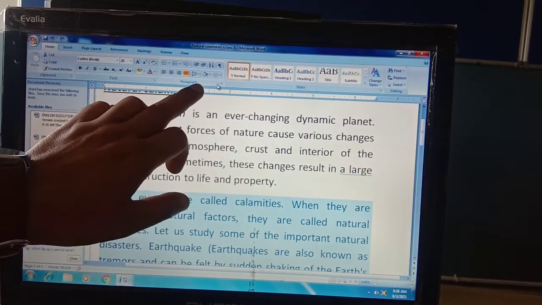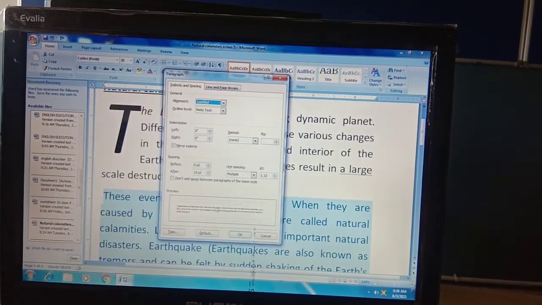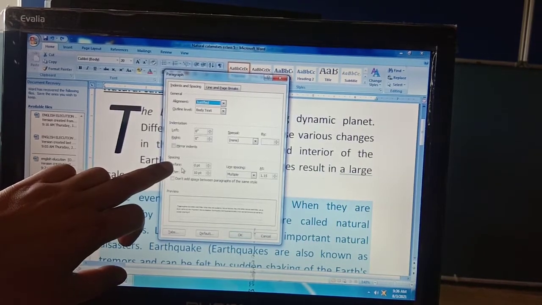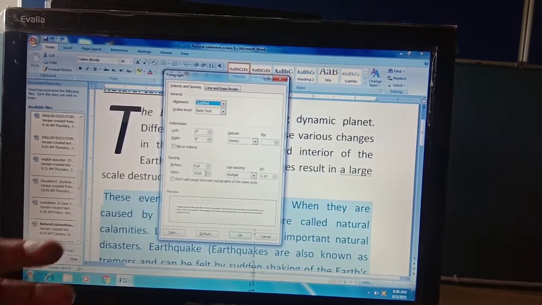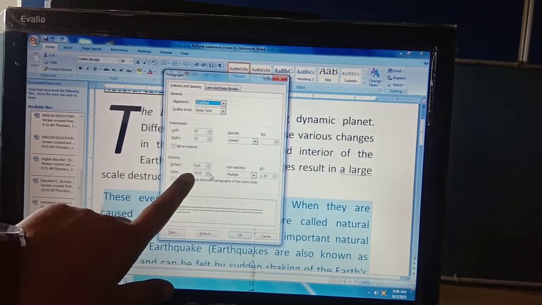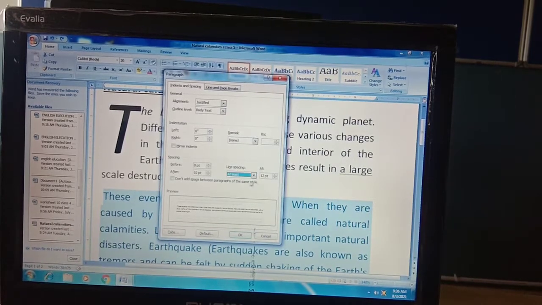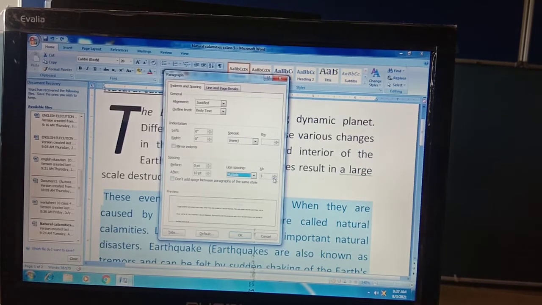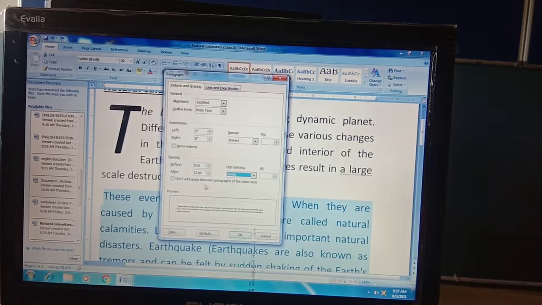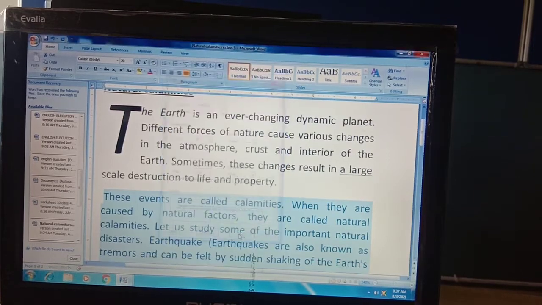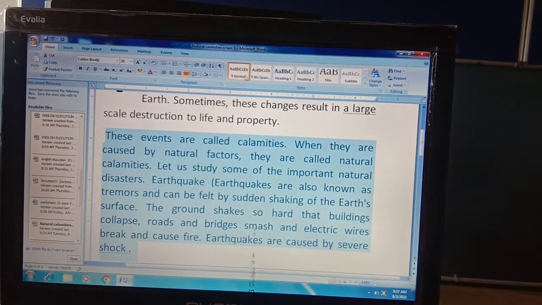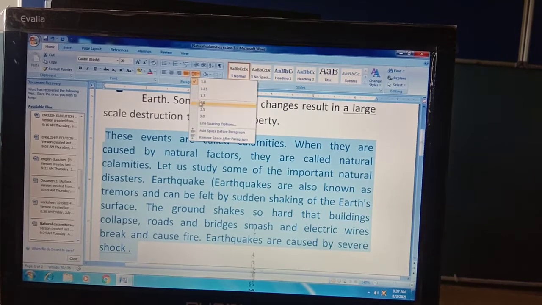And another way is to go to the paragraph option and then go to spacing. In the spacing option you can choose before and after also, and you can also have direct line spacing like at least, exactly, multiple. And you can have single line spacing by default. See, this line spacing is very less right now.